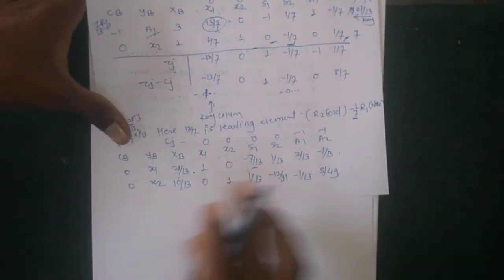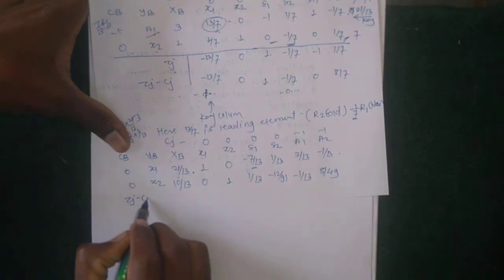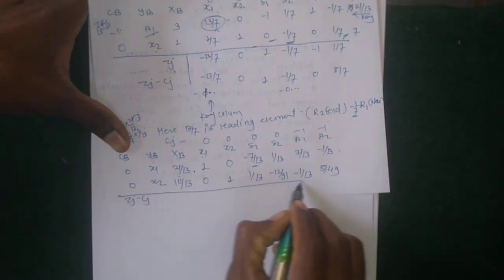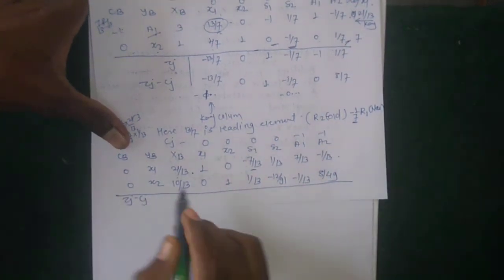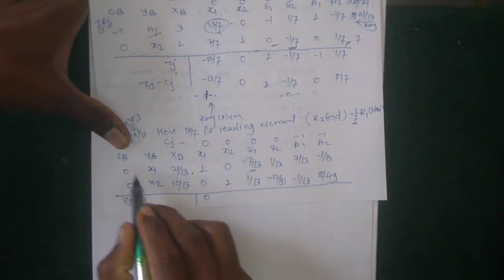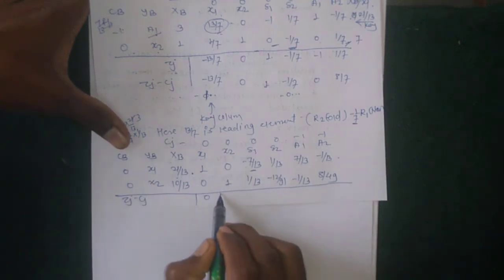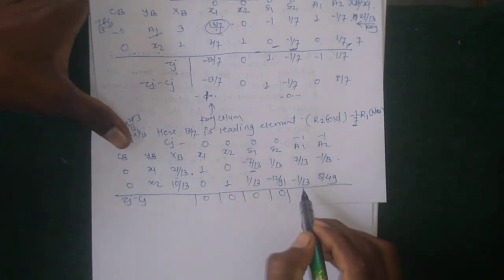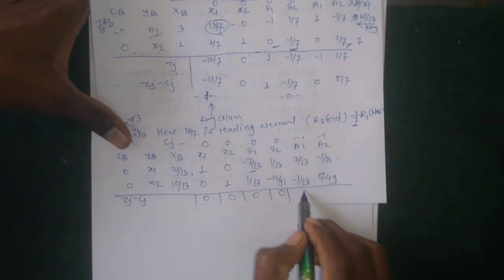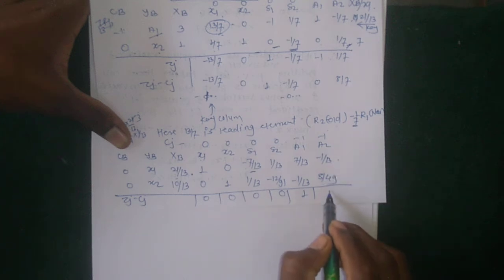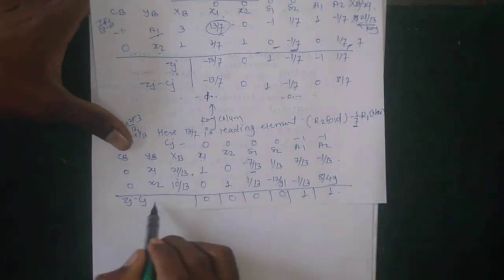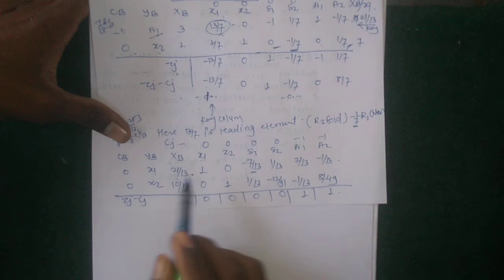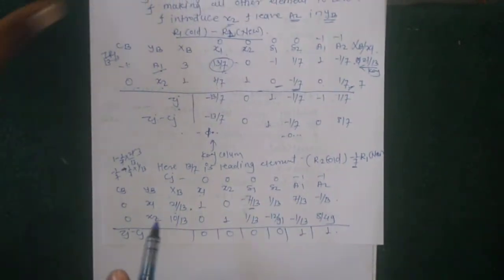Okay, and find the Zj minus Cj directly. I am writing the Zj minus Cj. So this is 0. Here these coefficients must be 0, so all are 0. For here minus 1 plus 1. Okay, and all Zj minus Cj are greater than or equal to 0. No artificial variable is present in the basic variable column.